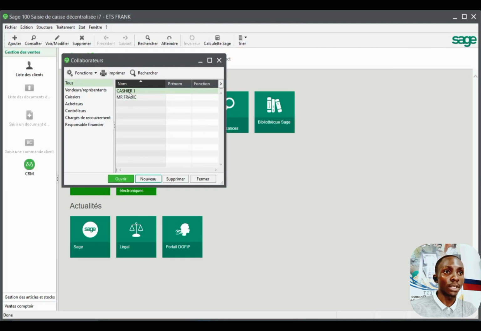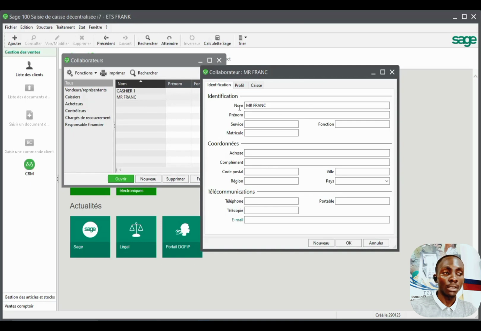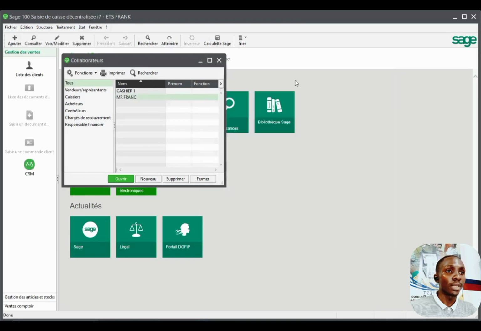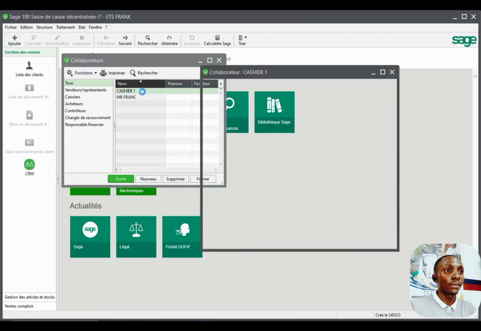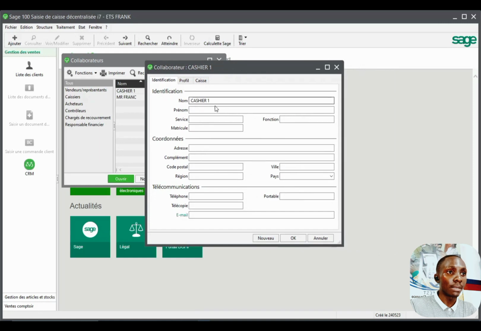So I have one here. Like for example, here I created one cashier and I gave instead his name. So with time now, we'll be able to attach these individual persons to the different tellers. Like for example here, when you put the name and for example the surname and all the other informations,